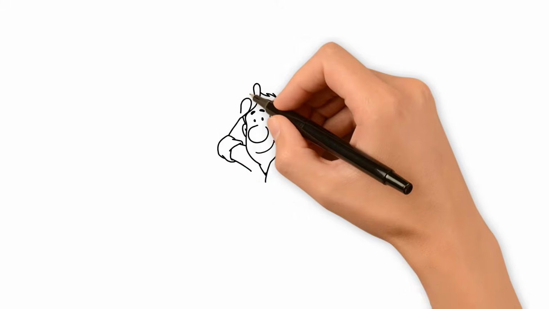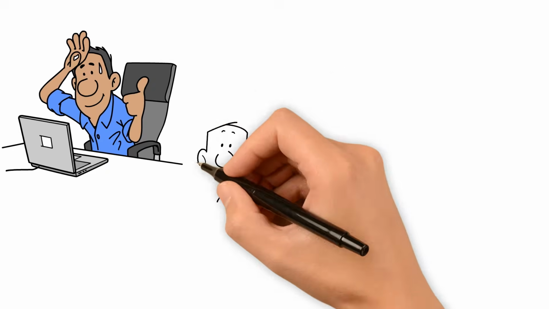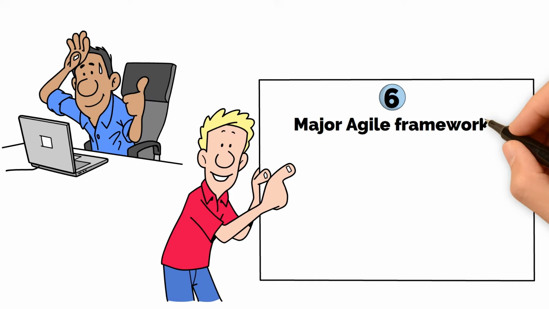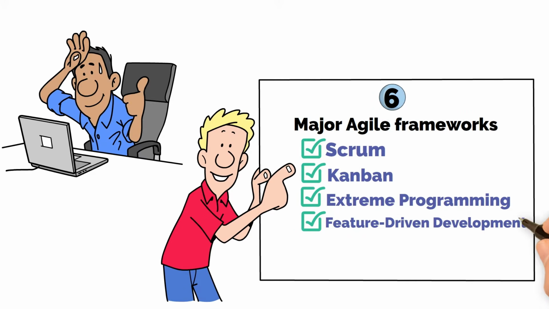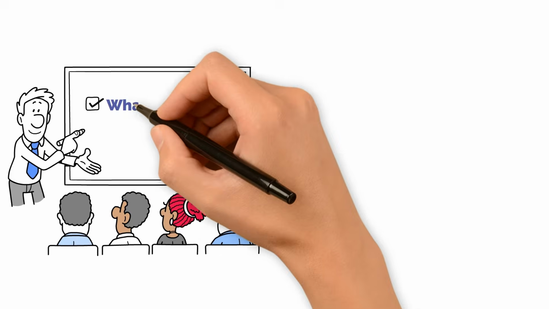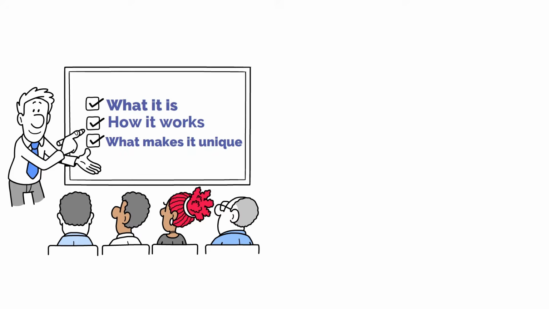Are you preparing for the PMP exam and trying to make sense of all the Agile frameworks? In this video, we'll walk through 6 major Agile frameworks that you need to know, including Scrum, Kanban, Extreme Programming, Feature-Driven Development, DSDM, and Agile Unified Process. We'll explain what each one is, how it works, and what makes it unique, especially in the context of the